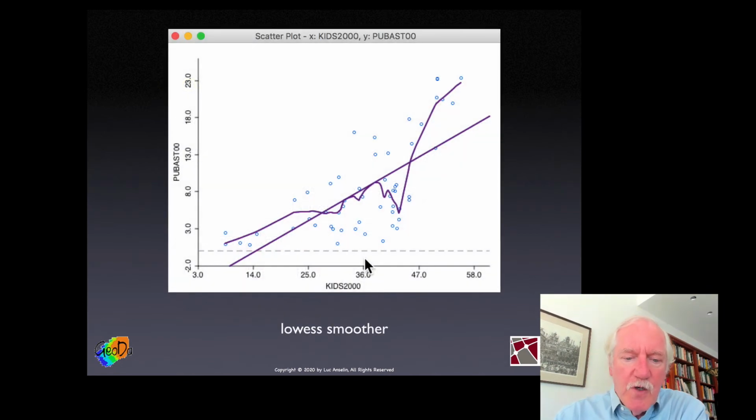Let me show you. So here, to think about this, let's say we start with this data point and we take a range around it, and then we compute a fit for this subset of data, and then we move it over and then do it again. Now this is the default case in GeoDa, which uses a bandwidth of 1/5 of the range. So if this is the range on the x-axis, then 1/5 would be about something like this. So you take this area, you get your fit, and each time you move over a little bit